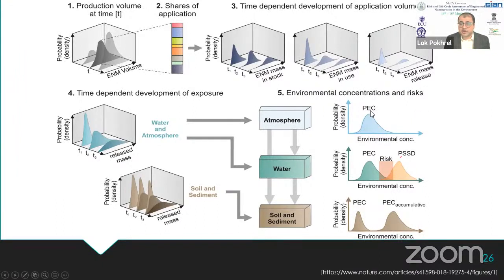So PEC is predicted environmental concentration, and we have probability function on the y-axis here. And here we have risks, which is where the PEC, the predicted environmental concentration, intersects with the species sensitivity, the probability of species sensitivity distribution. So different species may have different sensitivity